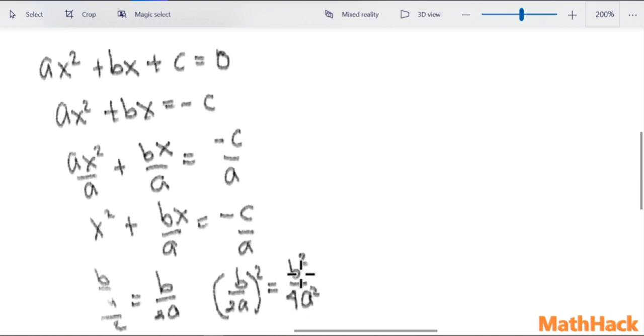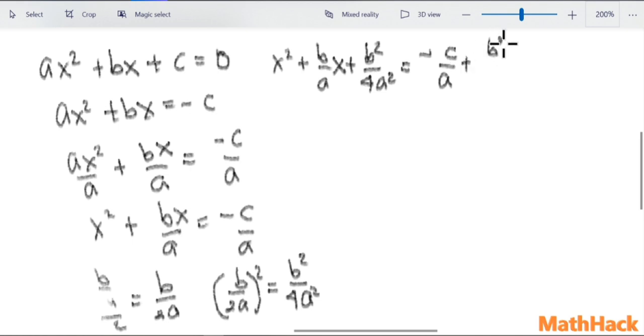I'm going to add b squared over 4a squared on both sides of the equation, and we have x squared plus b over a x plus b squared over 4a squared equals negative c over a plus b squared over 4a squared. That should be followed by expressing this left hand side as a square of a binomial. So we have x plus b over 2a squared equals, let me just write the right hand side,